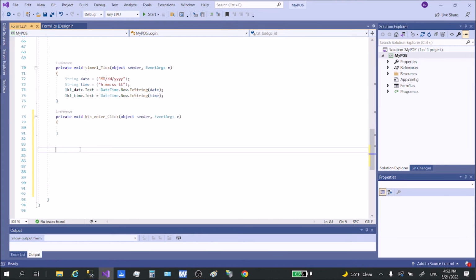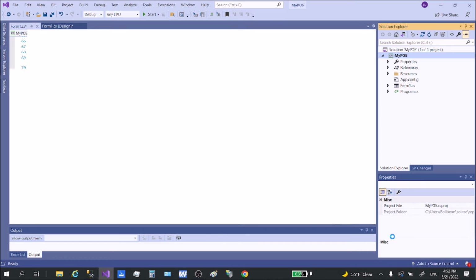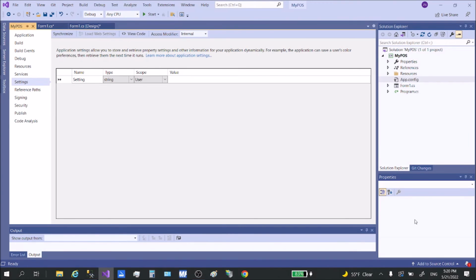So first we need to establish a database connection. So let's go ahead and connect our database to this application. So right here, you would see my POS. Go ahead and right click that and go to properties. We need to look for our database. Go ahead and click this arrow right here. Highlight this block, the value, and from the drop down menu,